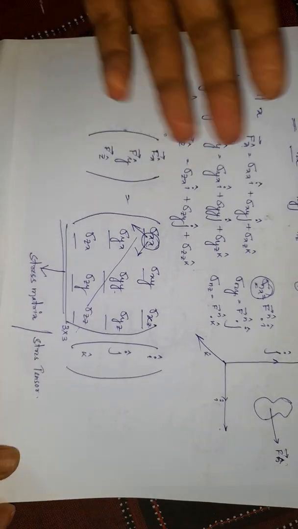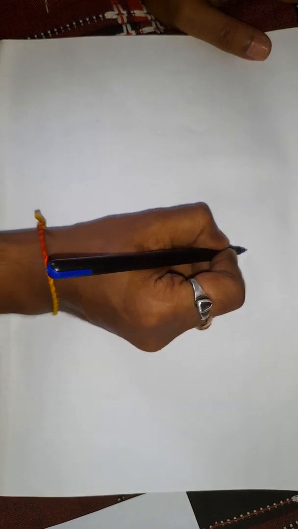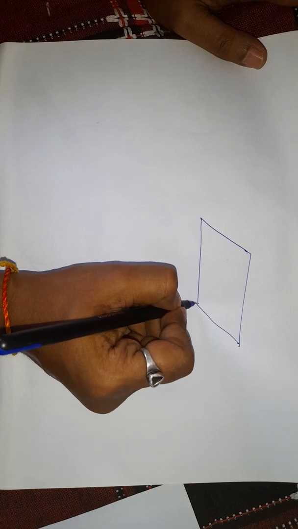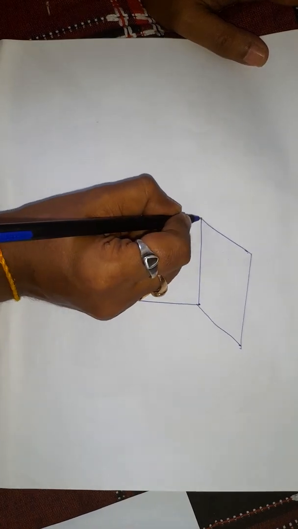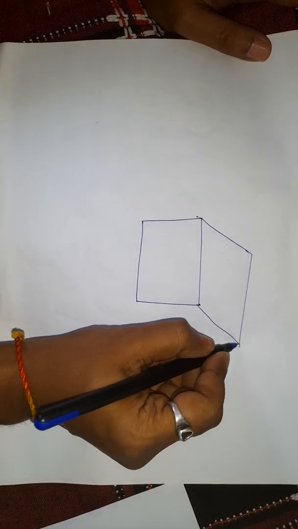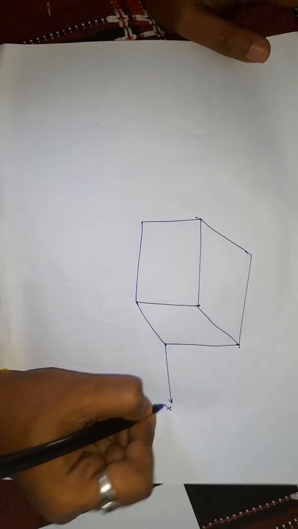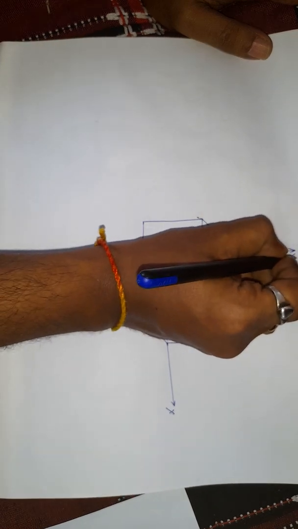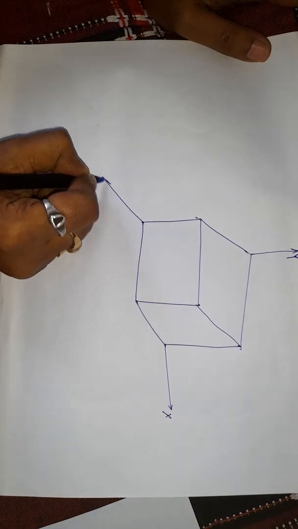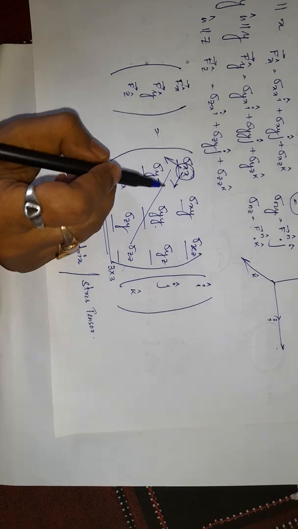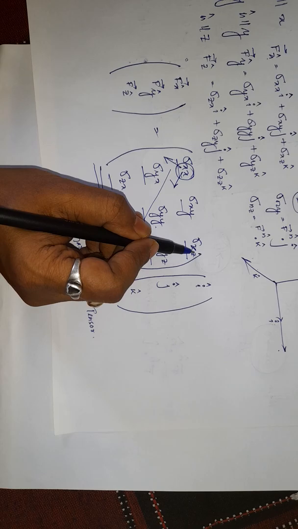So why are these normal and shear? In another figure, it will be more clear. So we draw another figure. We have taken one figure like this. This is, suppose, our x-axis, this is our y-axis, and this is our z-axis. So what we do, we locate these sigma xx, sigma yy, sigma xz in this particular picture.